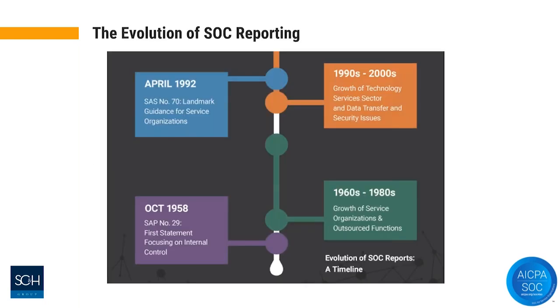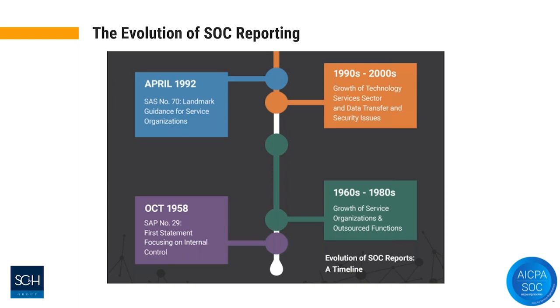So I just want to start with the evolution of SOC reporting, where we started from and how we got to where we are right now. The original reporting on internal control really dates back to October 1958, as you can see on the slide, but I want to start with April 1992, which is SAS 70. That, for the first time, codified a service organization's ability to get a third party to go in and perform an engagement on their controls and issue a report,